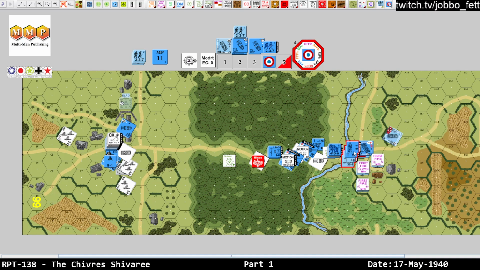But the question is, can I do anything at this point? And I think the question remains no. I have 2 squads that can do anything, plus 1 leader. So we'll keep playing it out just in case. But